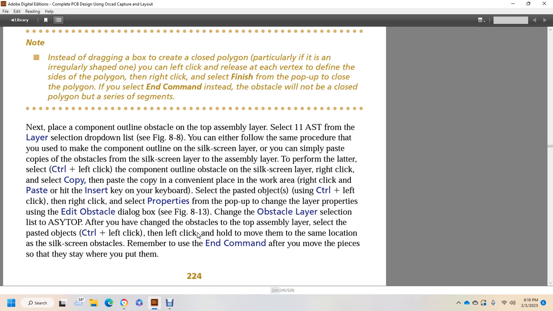Control left click the component outline obstacle on the silk screen layer. Right click and select copy, then paste the copy in a convenient place in the work area. Right click, paste, and hit the insert key on the keyboard. Select the pasted object, control left click, then right click and select properties to change the layer property in the edit obstacle dialog box. Change the obstacle layer selection to